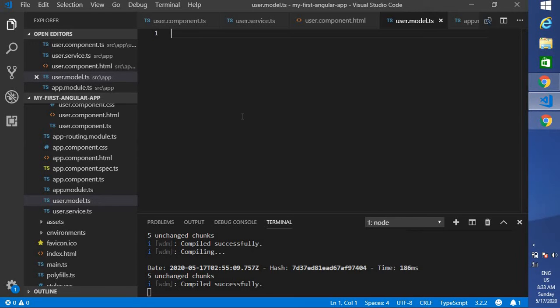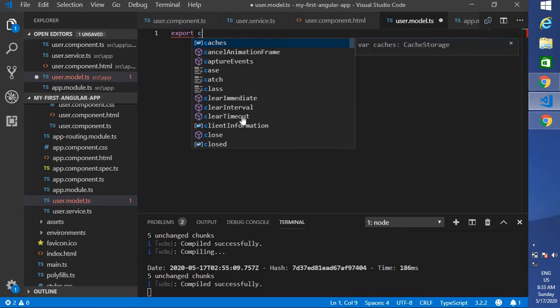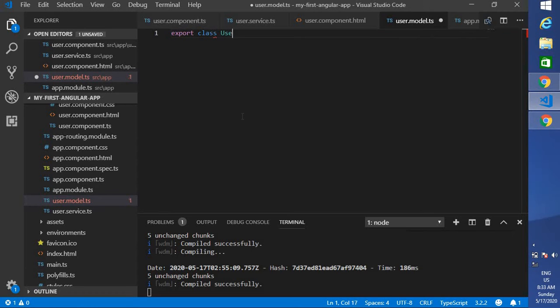Now I'm going to create a class here which contains 4 properties. So export class UserModel. You can give any name. For naming convention, I'm just giving UserModel. Okay, and here I'm going to create a constructor which is going to take 4 properties.